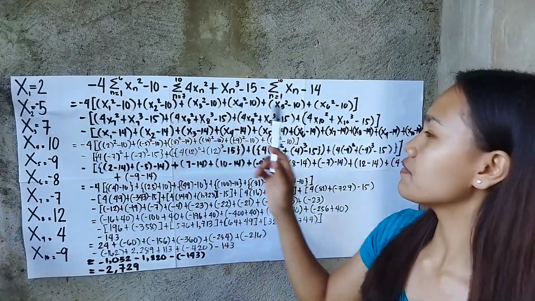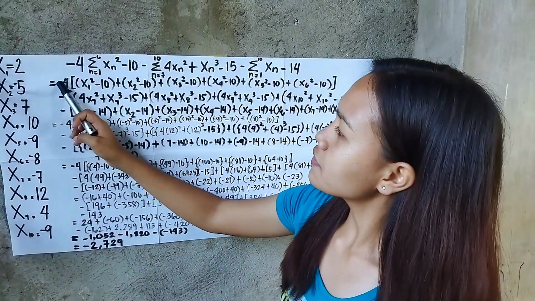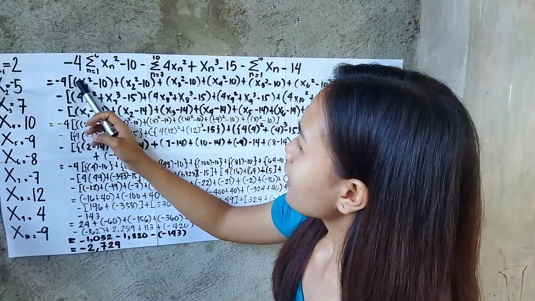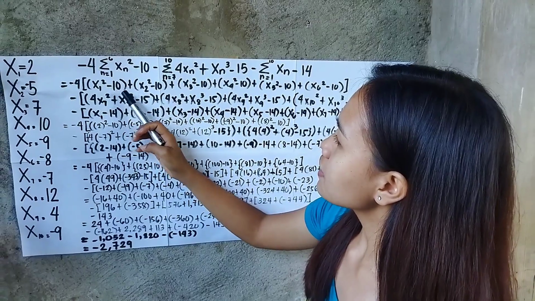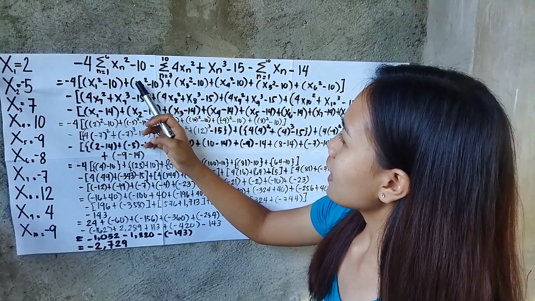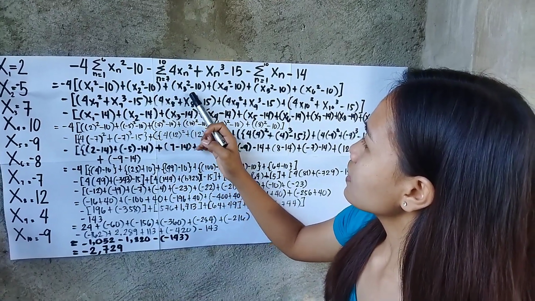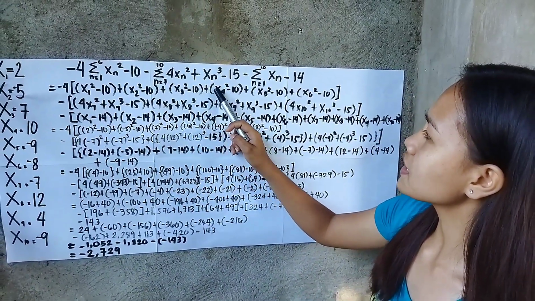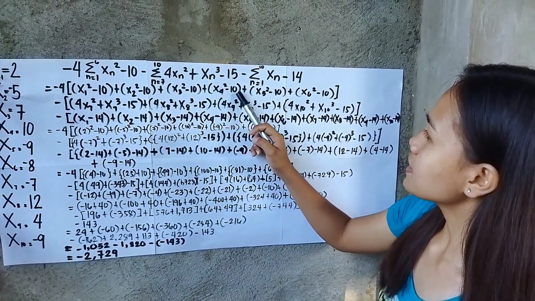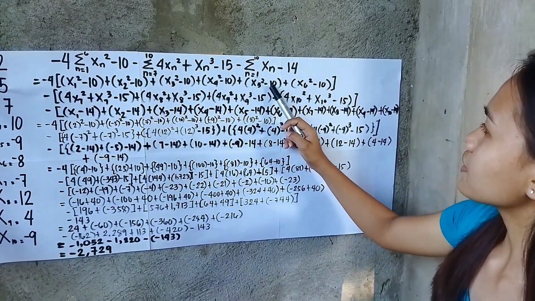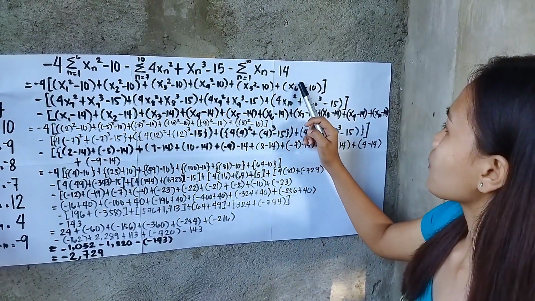So we will now simplify. Negative 4 times x sub 1 squared minus 10 plus x sub 2 squared minus 10 plus x sub 3 squared minus 10 plus x sub 4 squared minus 10 plus x sub 5 squared minus 10 plus x sub 6 squared minus 10